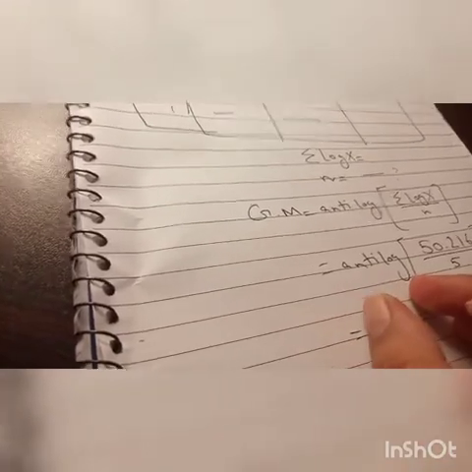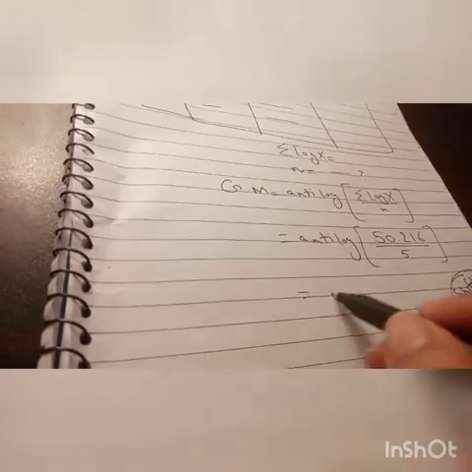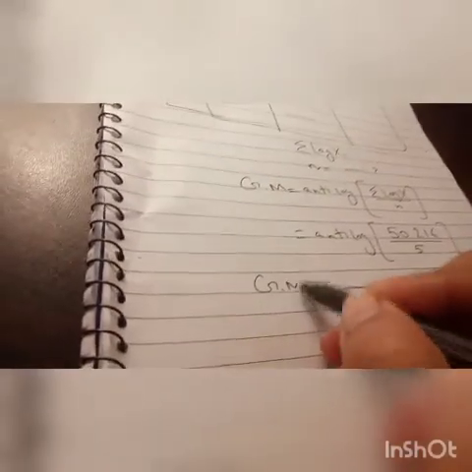Let's suppose it is 5. Get the answer, and whatever value comes out, take its anti-log. And I hope you know how to calculate anti-log. You push the shift button on the calculator, and then logarithm. So it will give you the value for anti-log, and you can easily calculate the answer for geometric mean.